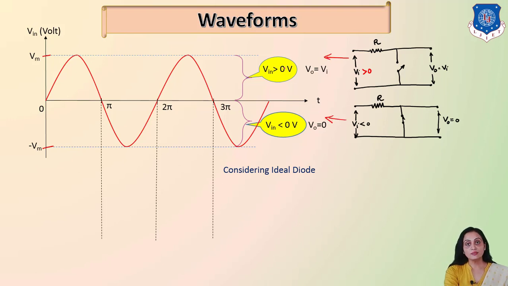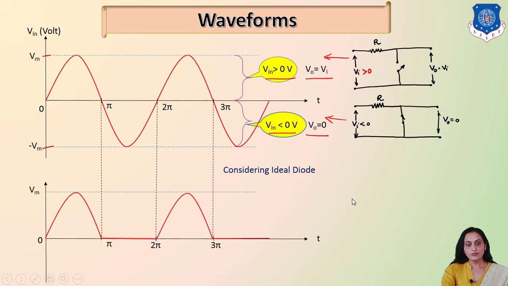We have already seen in the previous slide that when there is a positive half cycle, input greater than 0, at that time output is equal to input. When there is a negative half cycle, output is equal to 0, and that we are going to plot over here. You will find that during this positive half cycle the diode is off, and due to that output is equal to input. And during this negative half cycle we have seen in this figure that the diode is on, and due to that output is equal to 0, and that you can see over here in the output voltage waveform.